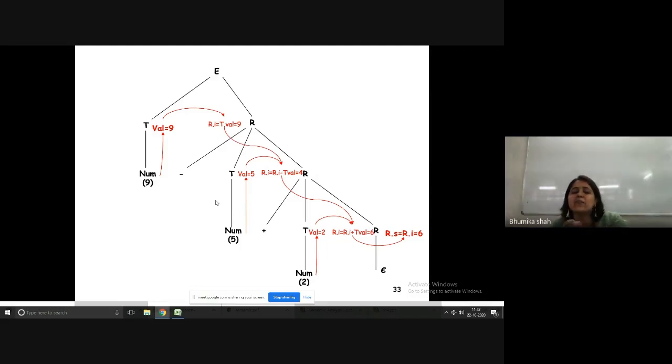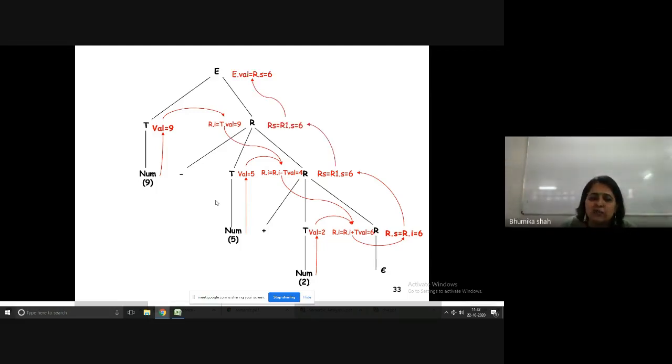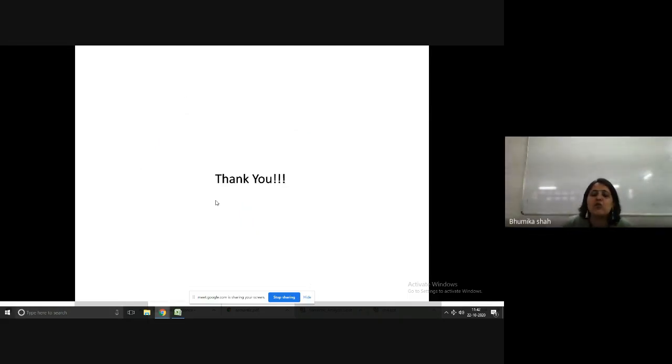This is very important. This will be written at the right side of the production. Now onwards, whatever propagation we are doing is written on the rightmost side in each of the productions. Now this copy is thrown to the parent node, so R.S is equal to R1.S. Again this copy is thrown back, R.S is equal to R1.S, and that is thrown back to the parent node, so that is E.val. So that is what we have written as the last-most semantic action, the rightmost semantic action in every production we have seen earlier. So that's it. This is all they are asking in the GTU question paper. So with this, we are finishing our syllabus of the compiler design subject for my portion, the semantic analysis phase.